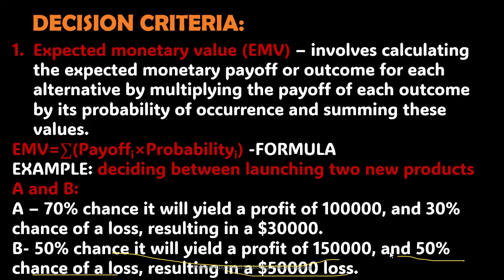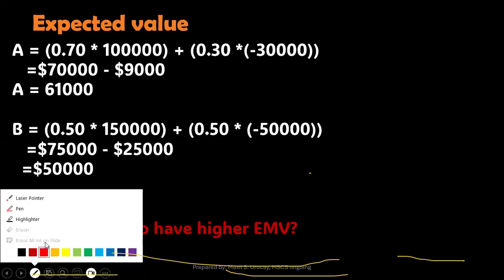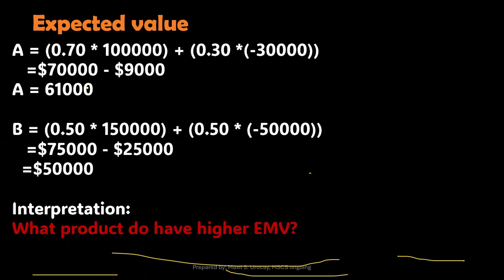So let's deal with that, calculating one by one. I will walk you through this. Let's go next. The expected value of A will be 70% times $100,000,